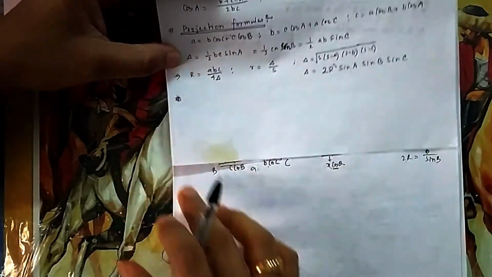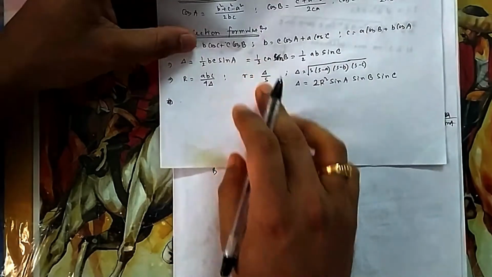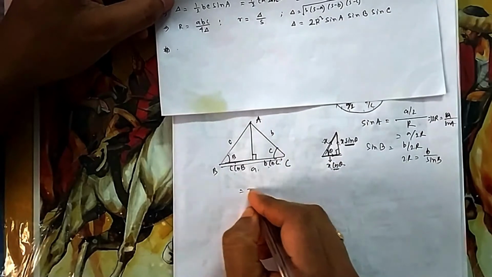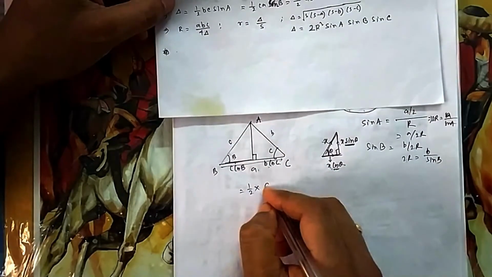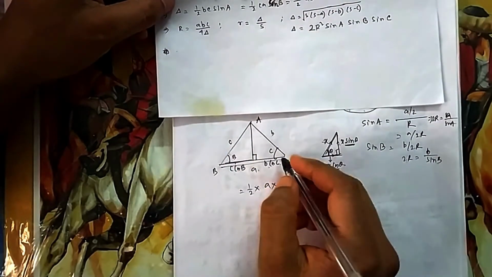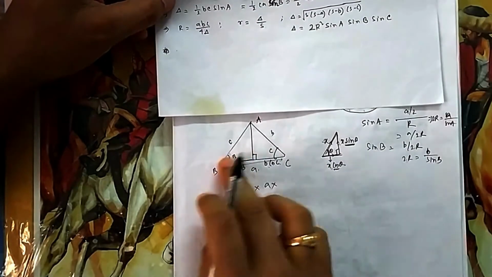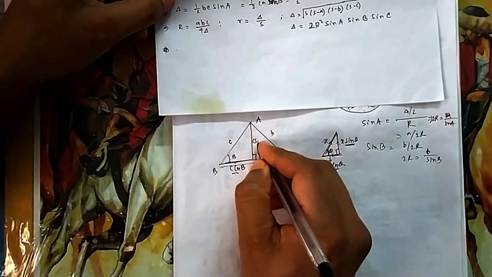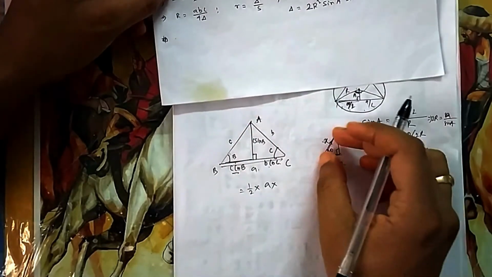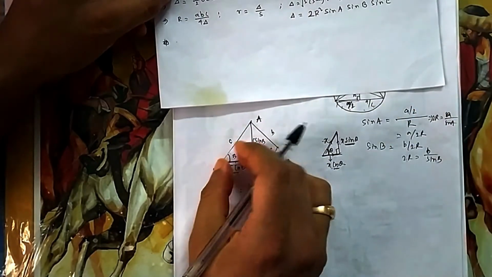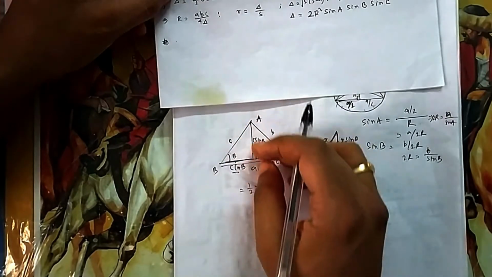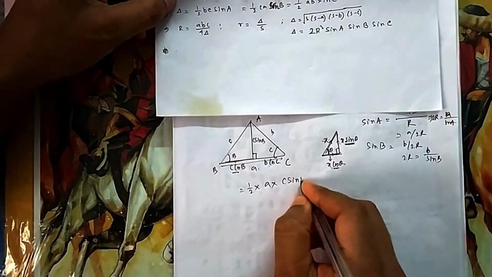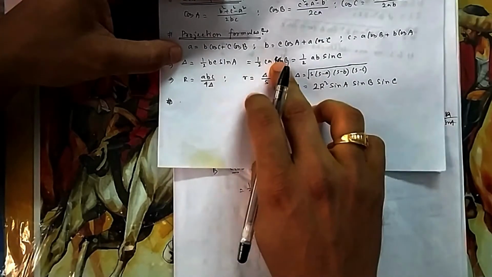Now similarly the same triangle you can use in this fashion. What will be the area of this triangle? Half height into base. What is the base? Base is A. What is the height? If I want to write it in terms of angle B, what will be the height? This is C. So if it is C cos B, this one is C sin B. I told you this is x, so this becomes x sin theta. This is angle B, so it will be C sin B. So height is C sin B. So it becomes half A C sin B.